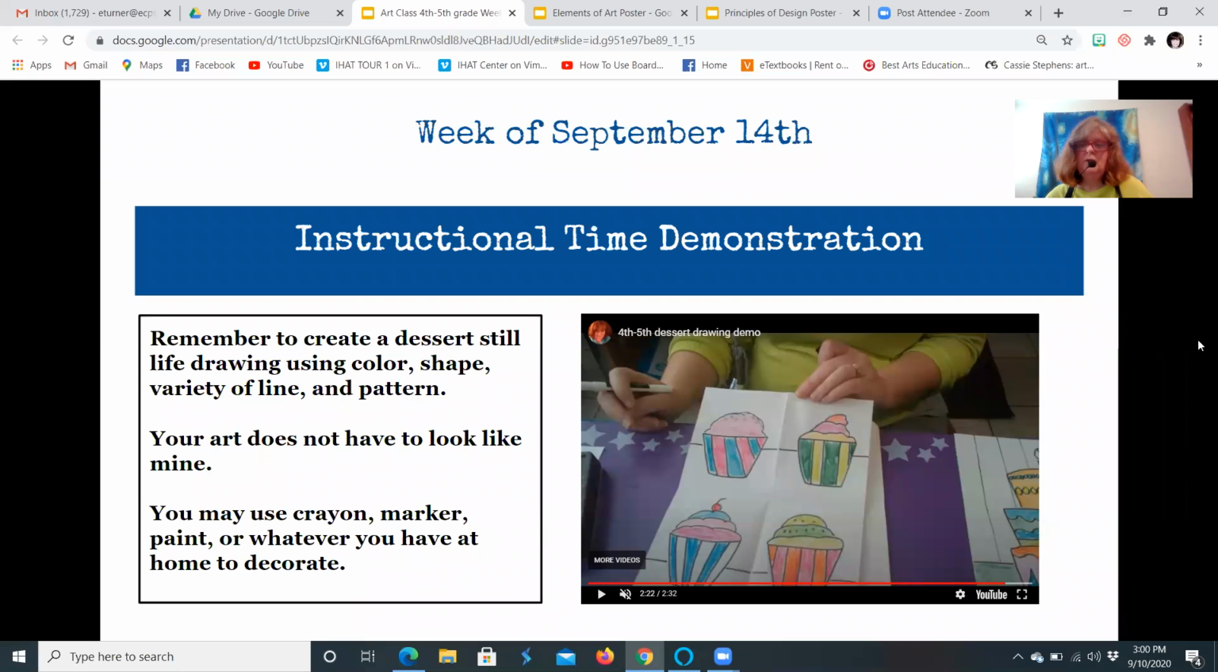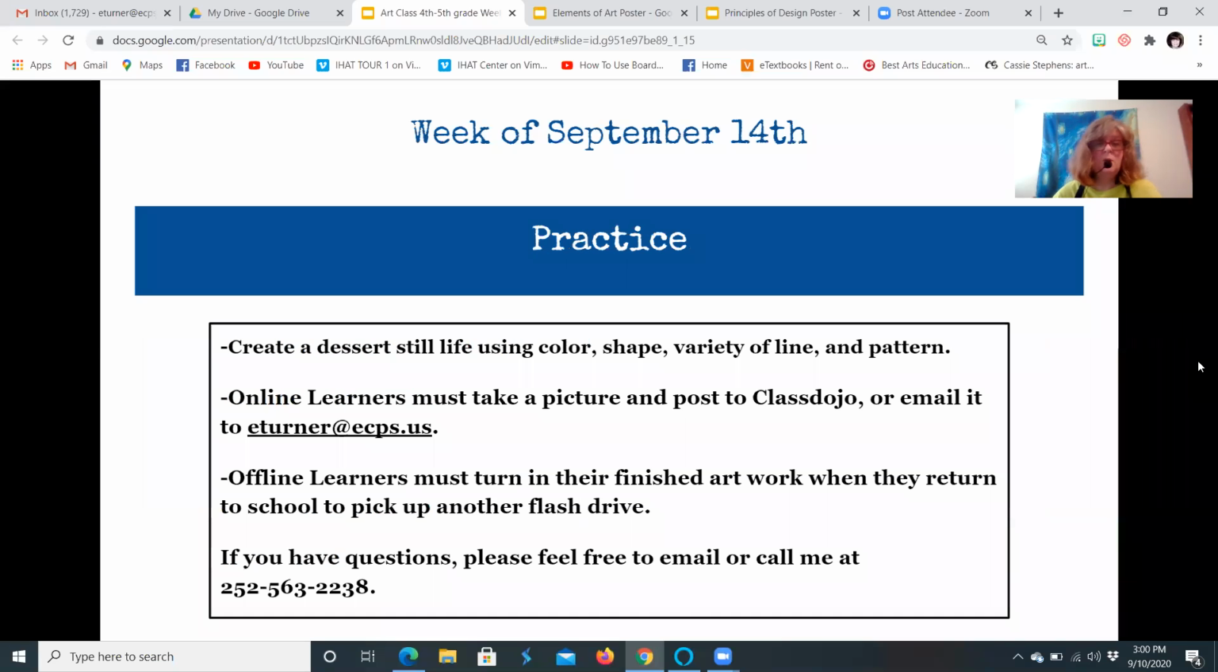Okay, so what you're going to do, you're going to create a dessert still life using color, shape, variety of line, and pattern. Online learners must take a picture and post to Class Dojo or email it to me, and there's my email address again. Offline learners must turn in their finished artwork when they return to school to pick up another flash drive. And if you have any questions, you feel free to email me or call me, and that's the number you can call. I might not pick up right away, so please leave a message at